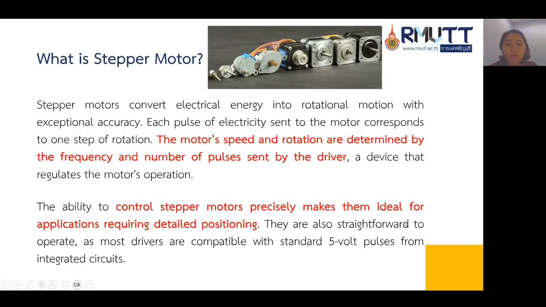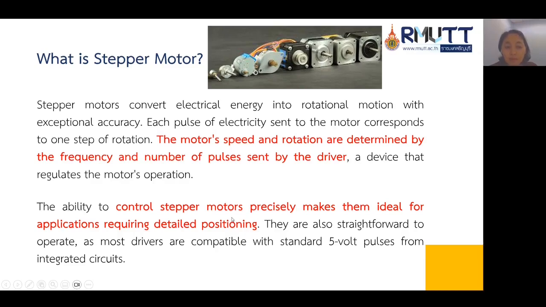Stepper motors convert electrical energy into rotational motion with exceptional accuracy. Each pulse of electricity sent to the motor corresponds to one step of rotation. The motor speed and rotation are determined by the frequency and number of pulses sent by the driver, a device that regulates the motor operation.